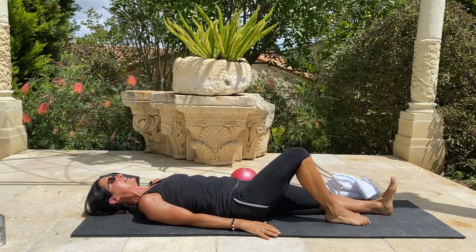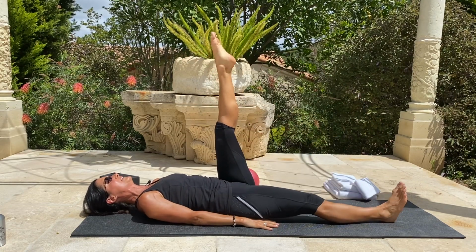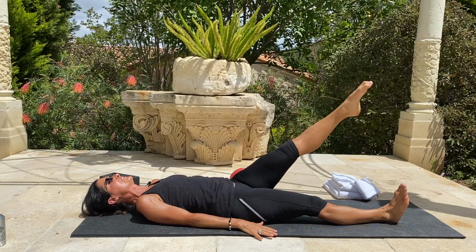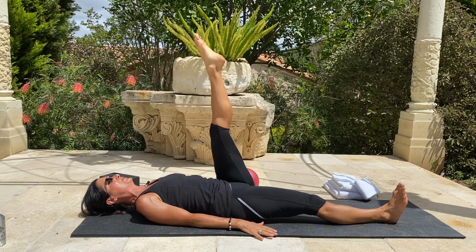So again, modified right foot is on the floor, will anchor you more, or leg is straight, point your left toes. Activate right leg, shoulder blades plug down, palms down, point your left toes. Here we go, in, first half of the circle, exhale to the top. 1, in, 2, in,